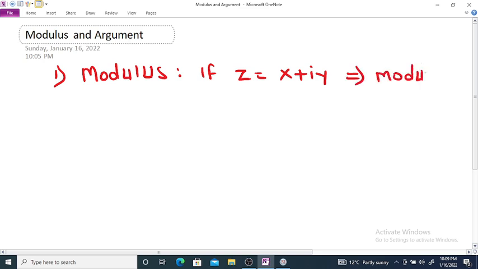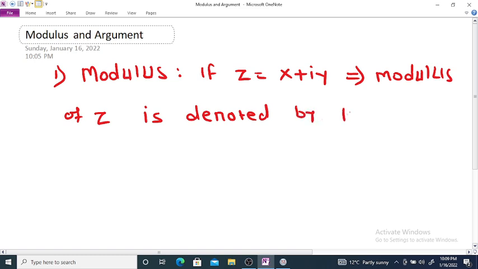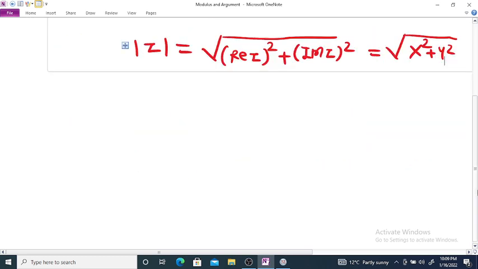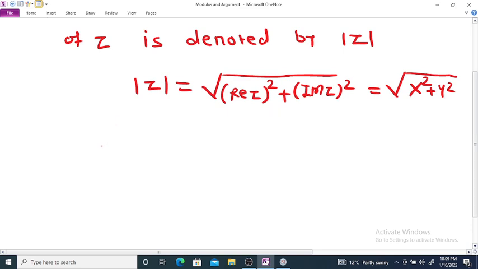z of the complex number z is denoted by this symbol, and it is calculated by using mod z is equal to under root of (real part of z) square plus (imaginary part of z) square, that is, it is equal to under root of x square plus y square. Geometrically it represents the distance